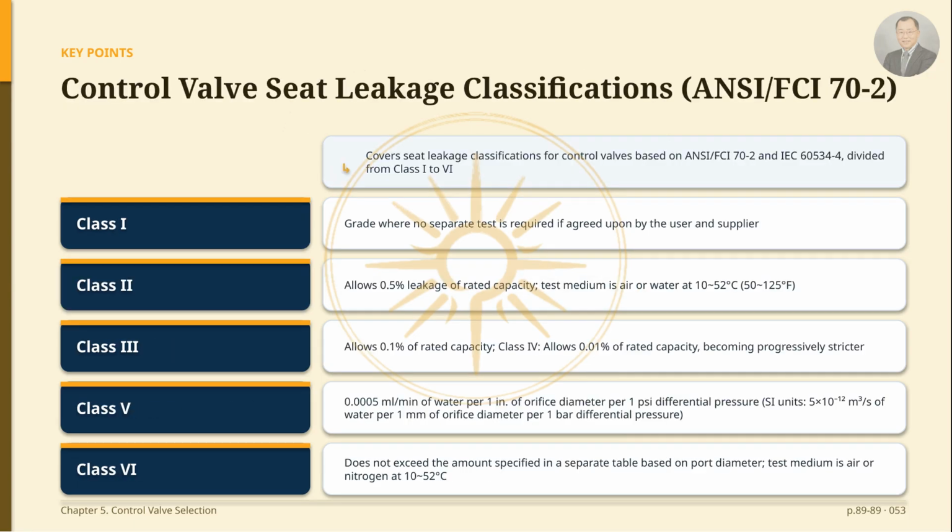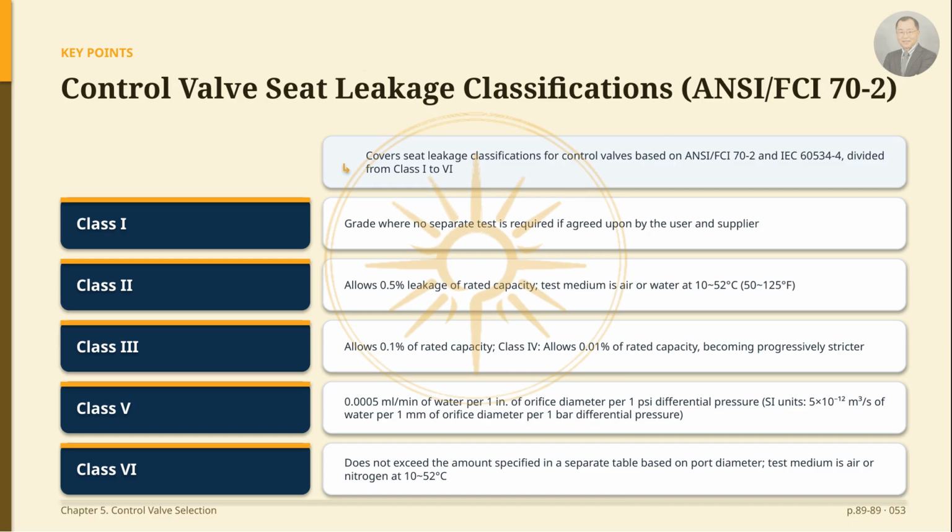Now, I would like to introduce the seat leakage class classifications for control valves. These classifications follow the ANSI/FCI 70-2 and IEC 60534 standards and are divided from Class 1 to Class 6. First, Class 1 is the most lenient grade, where no separate leakage test is required provided the user and supplier so agree. Class 2 allows leakage up to 0.5% of rated